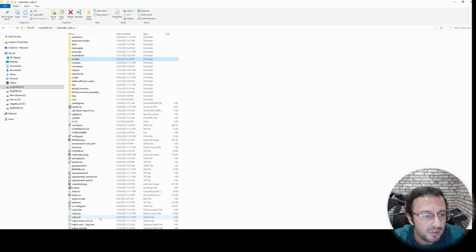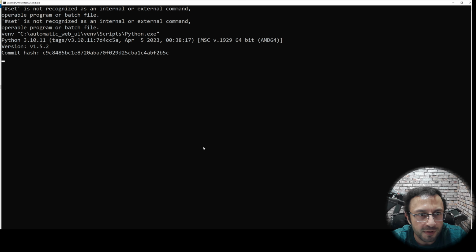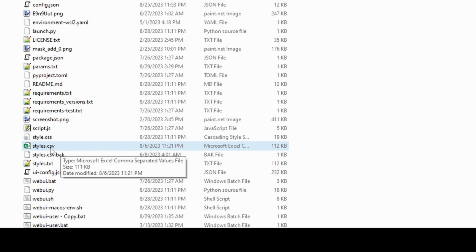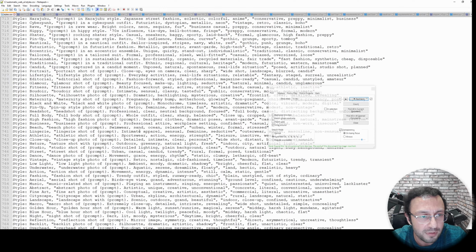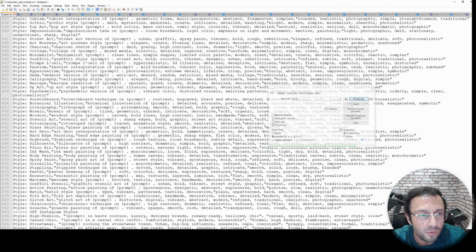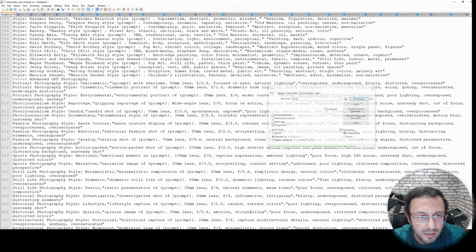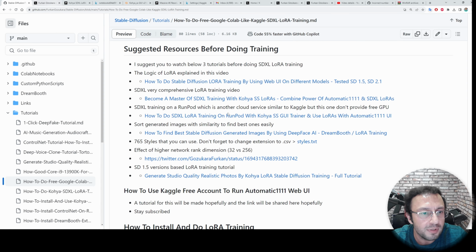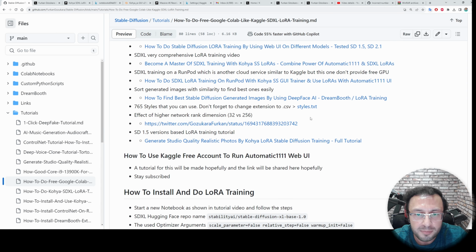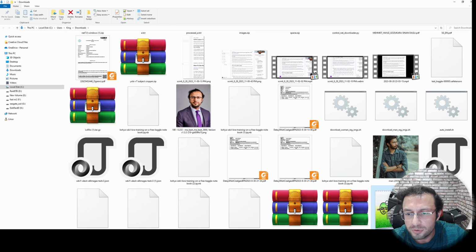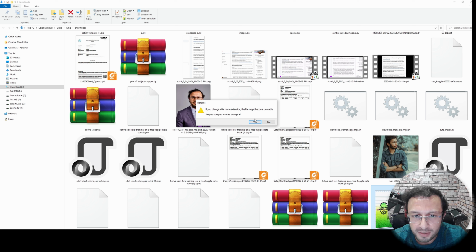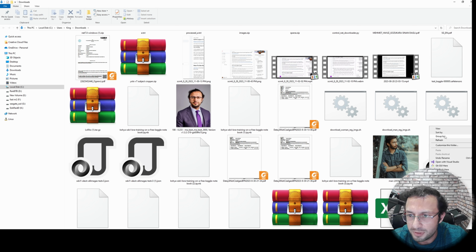So how are we going to use it? I will just start my Automatic 1111 Web UI. And one other thing I want to mention is I have a styles.csv file. When I open it with Notepad++, these are all the styles, and you can download them in this GitHub README file. Click the styles.txt file. After the download has been completed, open your downloads folder and rename it to a .csv file extension like this. So let me sort it.